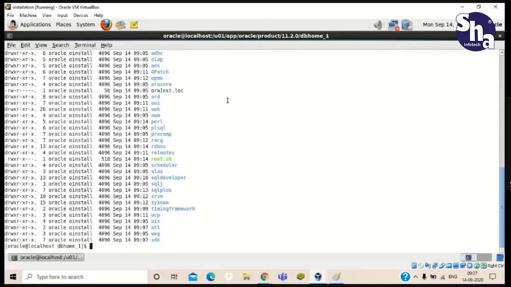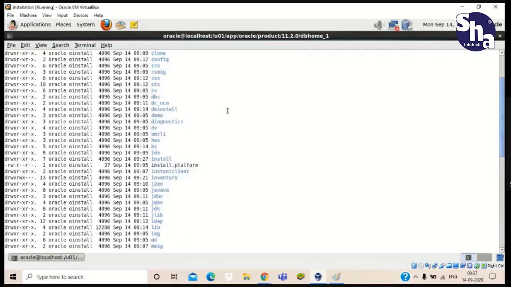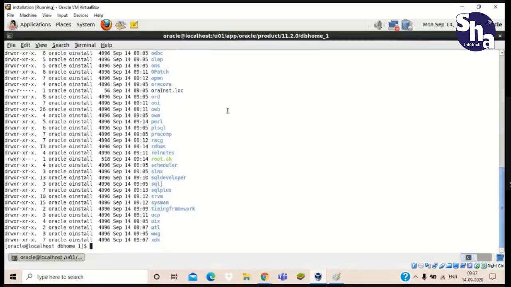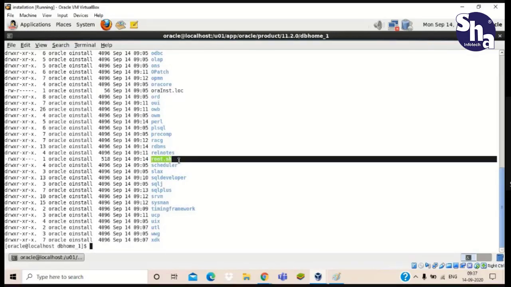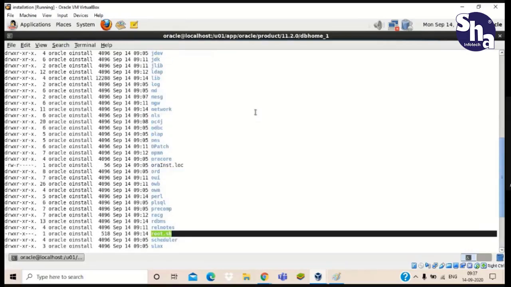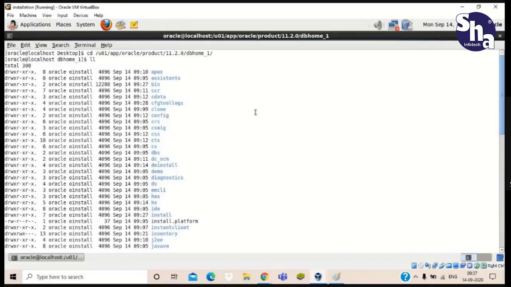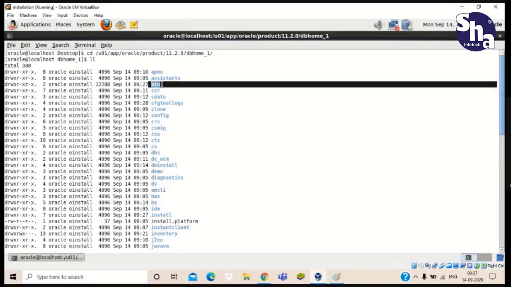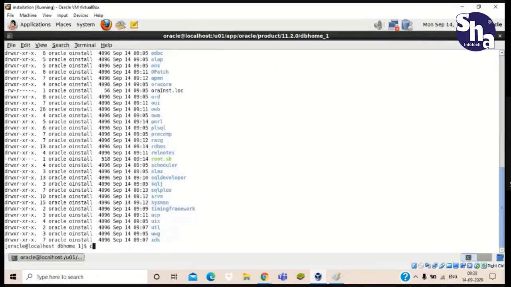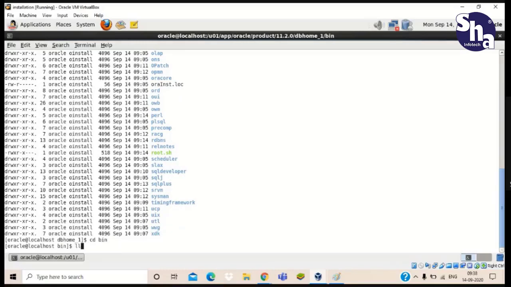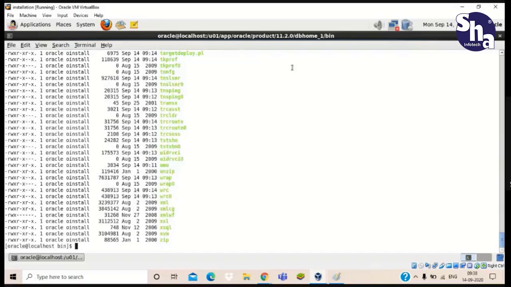You can see there are so many packages and utility tools present here, either inside it or outside it. You can see the root.sh script is also present here, remember? Yes, sir. Now you have to get to this bin location. This bin location contains all the utility tools that we need to perform. You can see unzip and others, these are all utility tools that we have used previously.